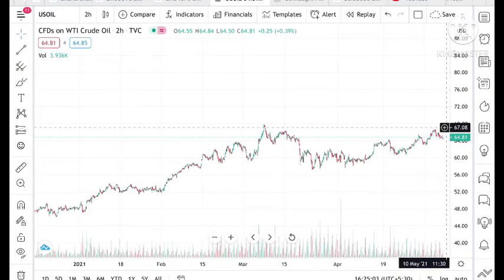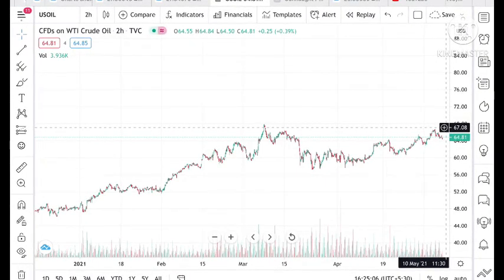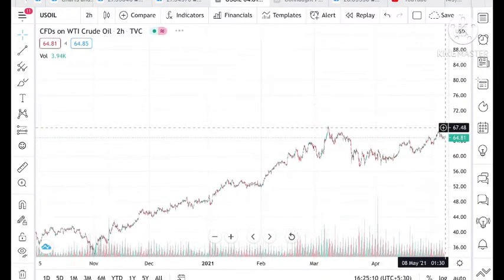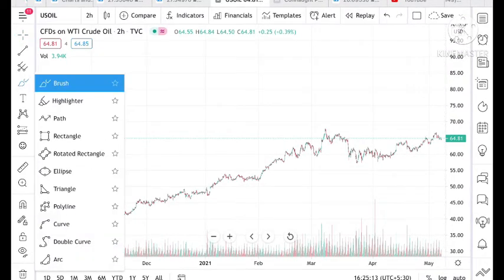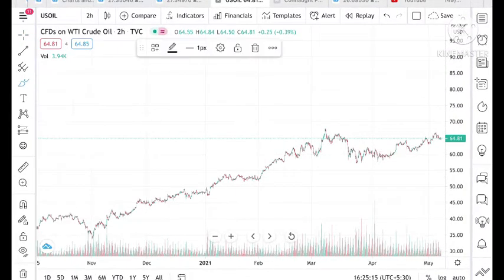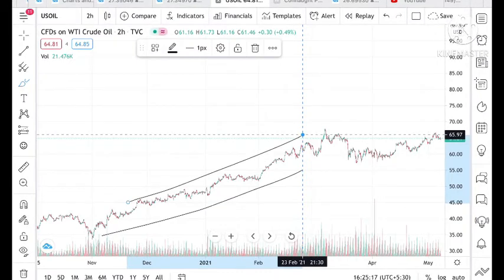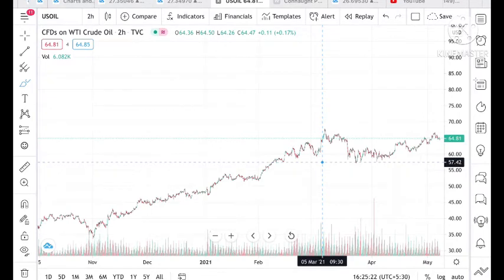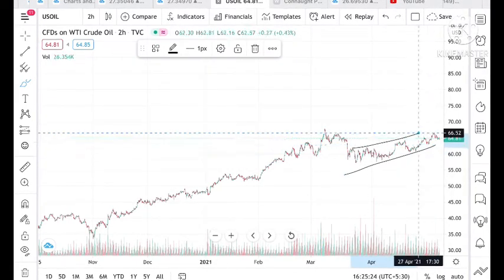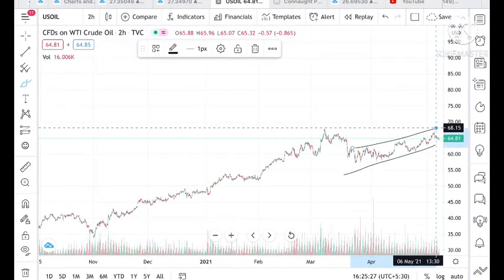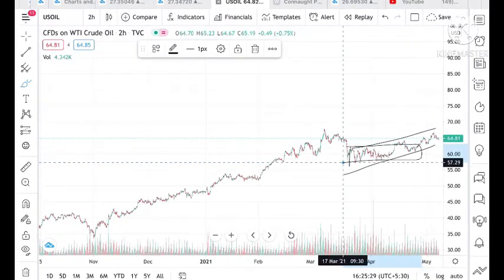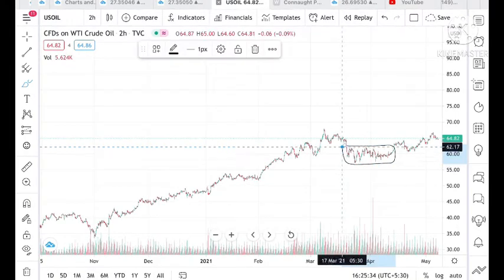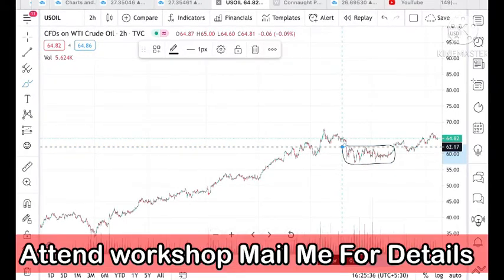See, what if I tell you that, look at this chart, it is continuously in an uptrend. After making a new low, it is continuously in an uptrend, and from there it is moving in a particular range, and we can see that a pattern is created. This is the range where the price of crude is moving, and after crossing this resistance point, it is in an uptrend. So what we can see here, if you look at this chart,